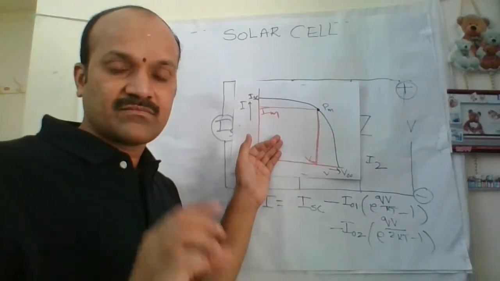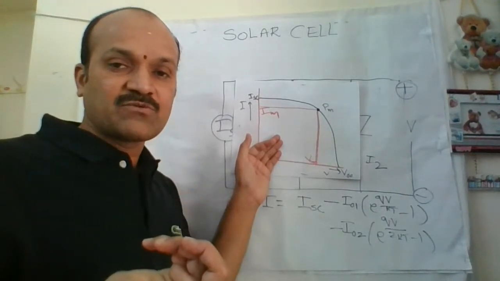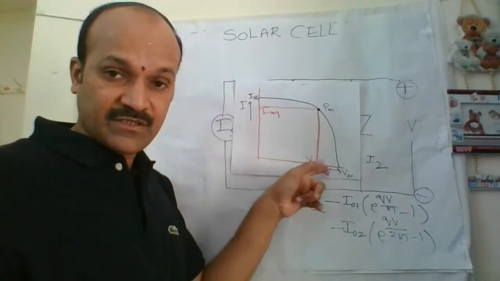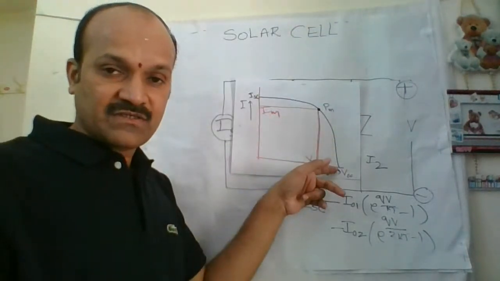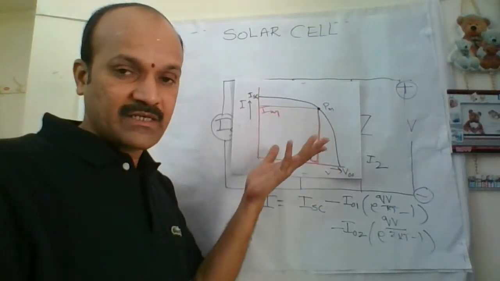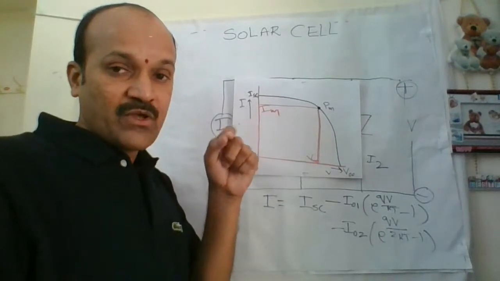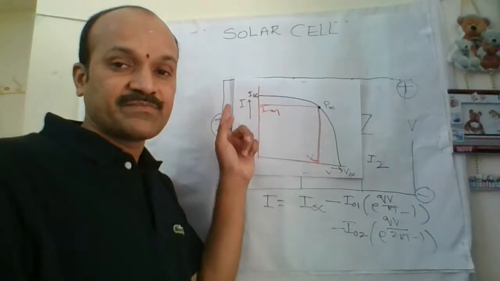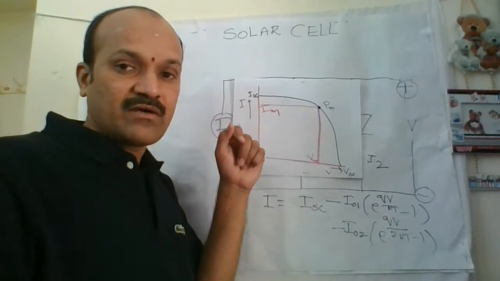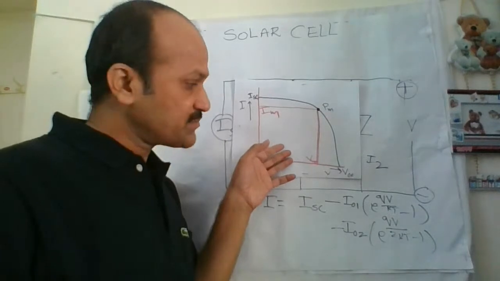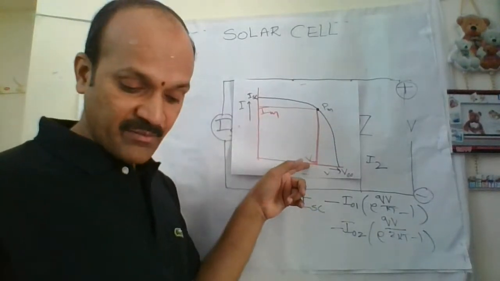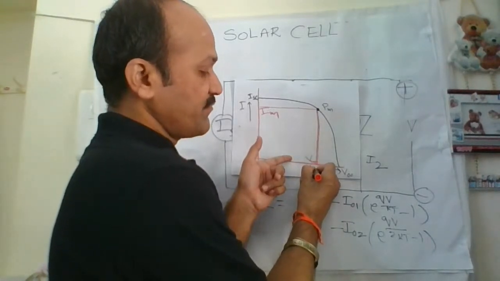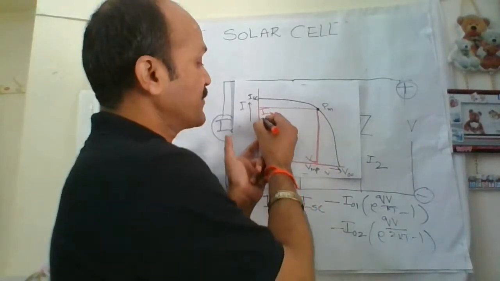Practically, the maximum voltage may not be exact, because even after this point there is some voltage variation. What is VMP there? The voltage at maximum power. See in the formula, what is VMP? Voltage. Here we can write VMP if you want. This is VM or VMP. This is